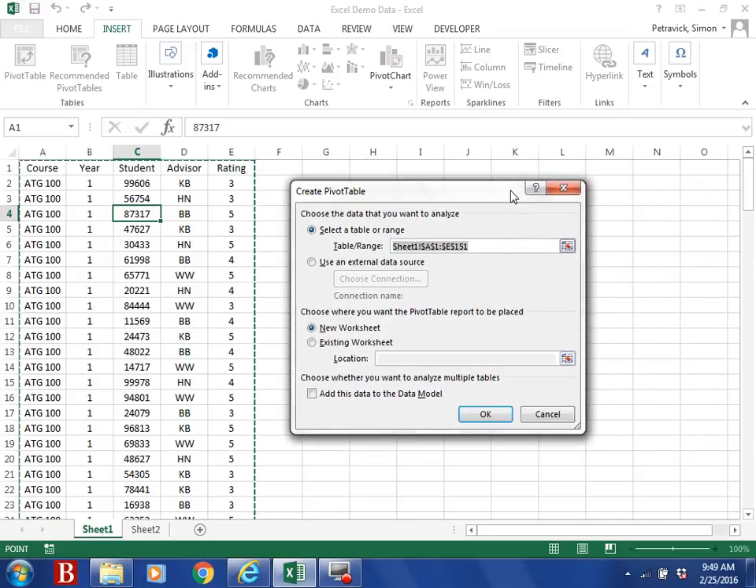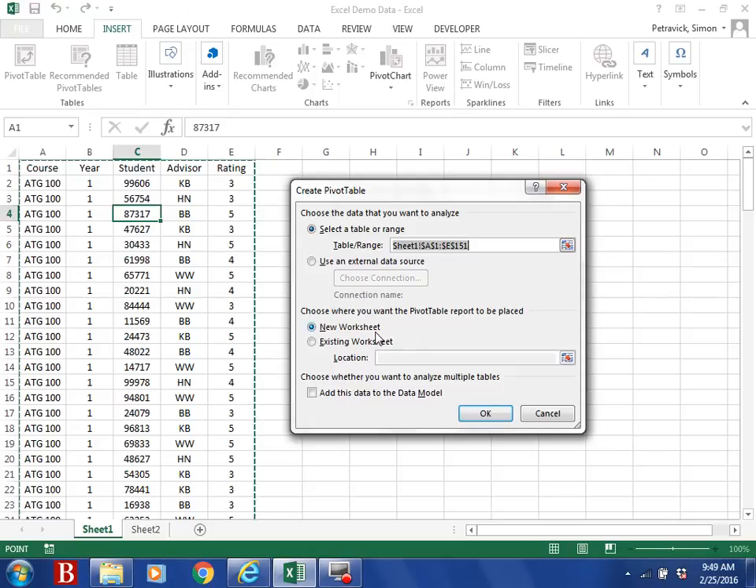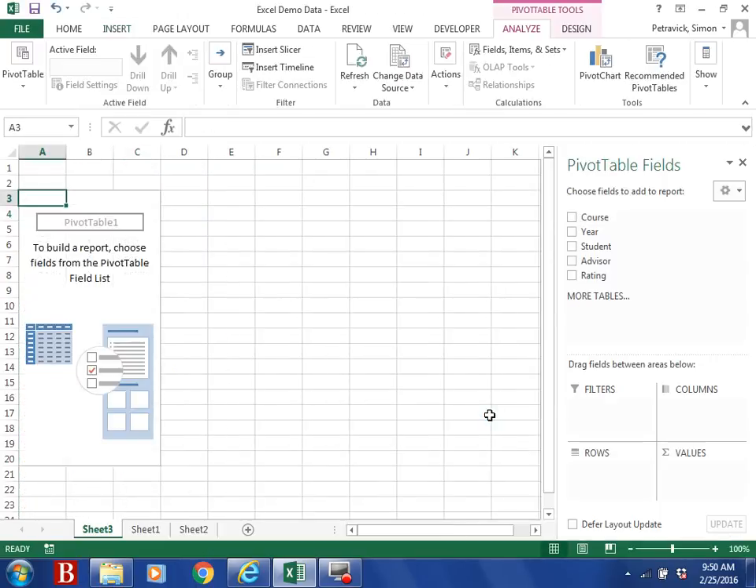When the screen pops up, it asks you if you want the pivot table in a new worksheet or the existing worksheet. We'll use the new worksheet. It's also asking you for the dimensions of the data, so the default we have here is OK. Now when I click OK, a new worksheet is created, and on page 2 of the outline,